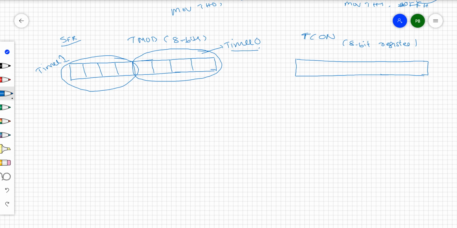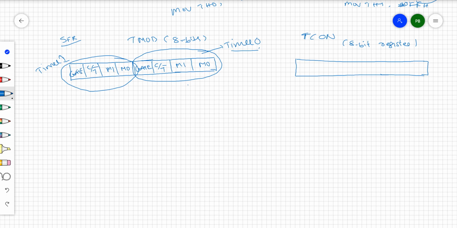We'll see the 4 bits. What are the 4 bits we have here, right? This is the M0 bit, this one is M1, this is C/T bar, this is the GATE, right? In a similar way, this higher nibble is also organized like this to control timer 1: M1, M0, C/T bar, and this one is the GATE.